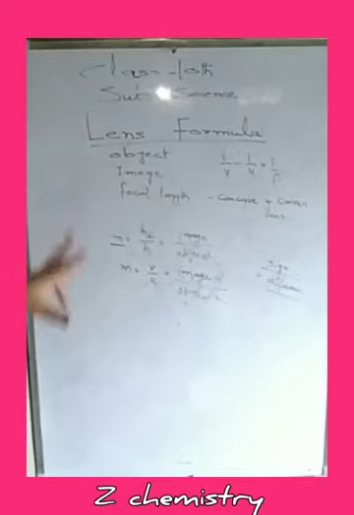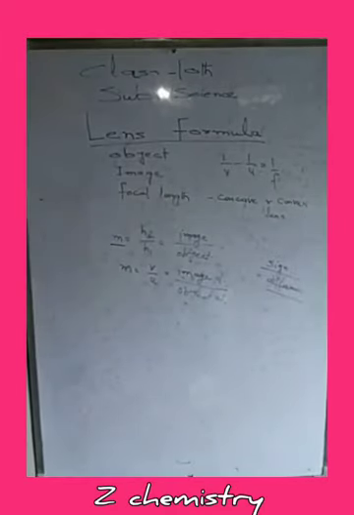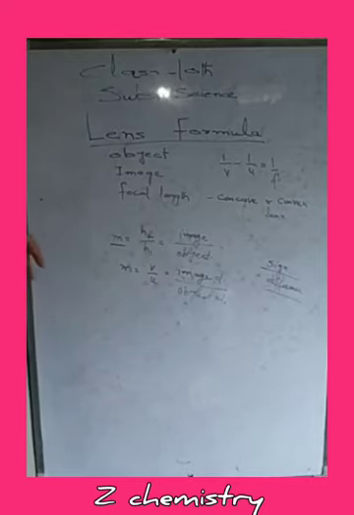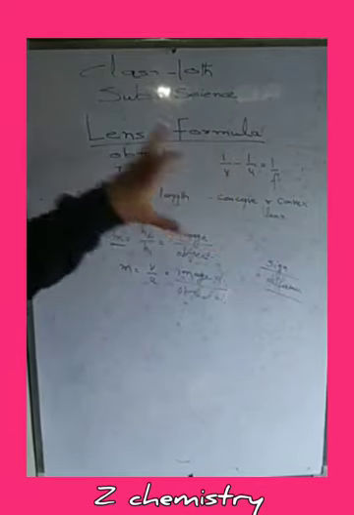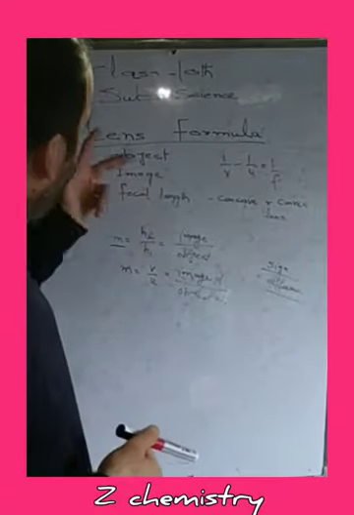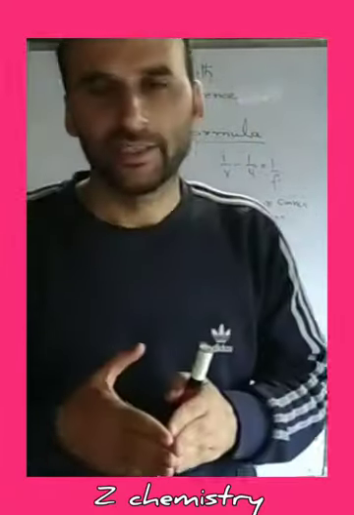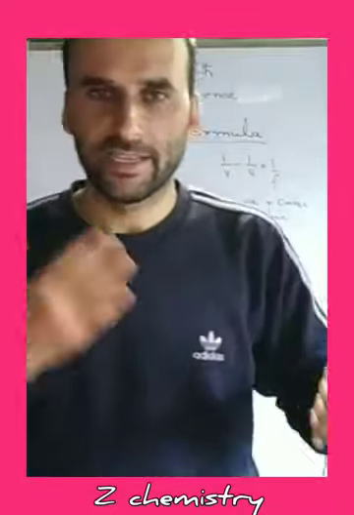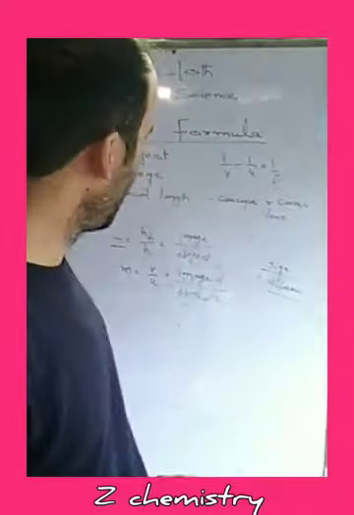We can state it as: in linear magnification of mirrors, we put a minus sign here, and in case of linear magnification of lenses, we do not put any sign. Whereas in case of the lens formula, we put a minus sign in between, while in case of the mirror formula, we put a plus sign. So both the lens formula as well as linear magnification differ from the mirror formula as well as the linear magnification of mirrors only in case of sign convention.